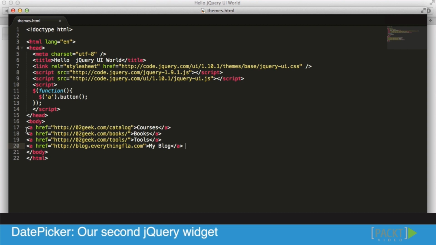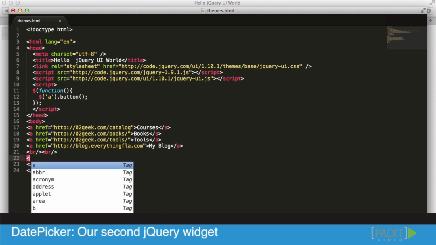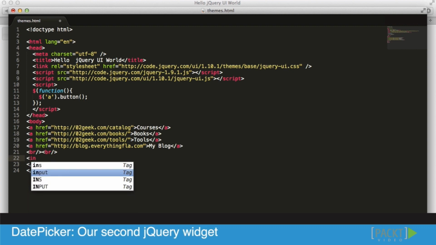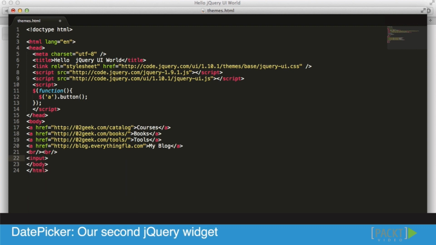So the first thing, I'm going to locate where I want to put it. I want to put it right after my buttons. I'm going to add a few line breaks, really just because I want to be able to separate them visually. I probably wouldn't do this in a real live application, but for our purposes, it's fine. So what I really want to put there is a text input field, with a type of text. And I want to give it an ID as well. So let's give it an ID of